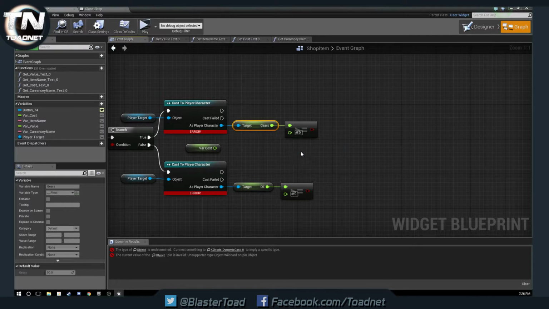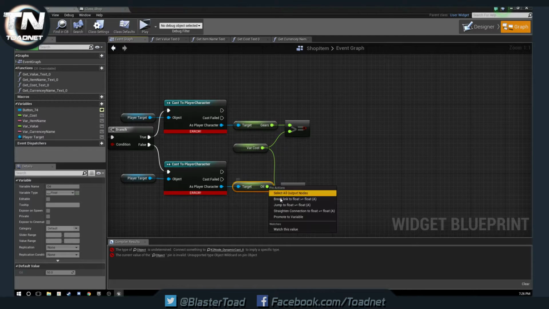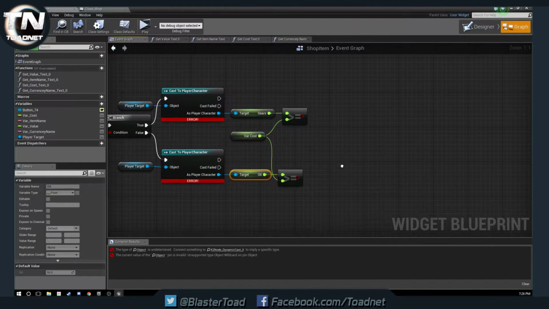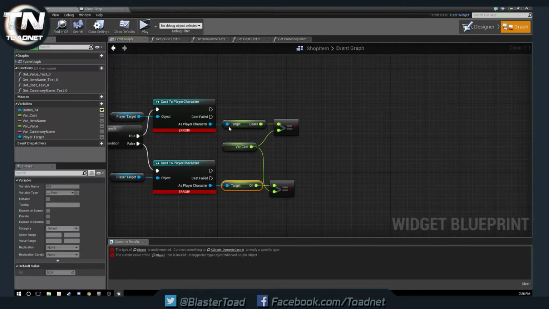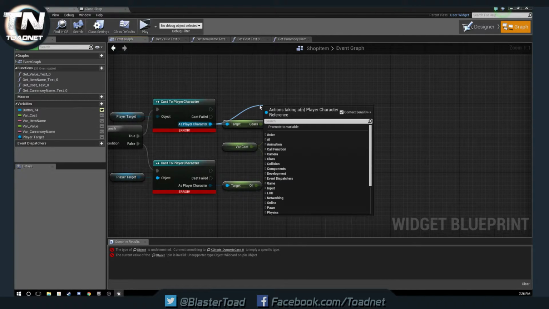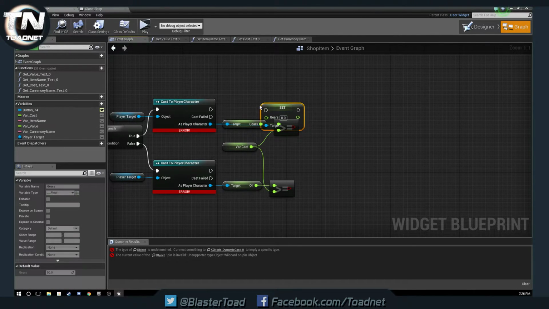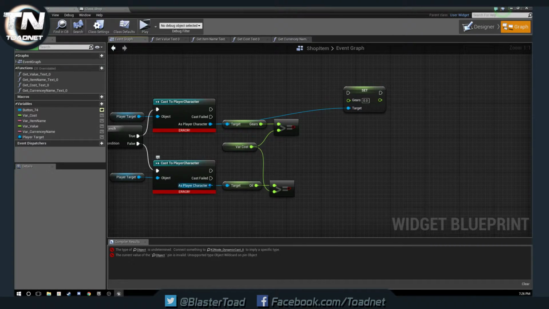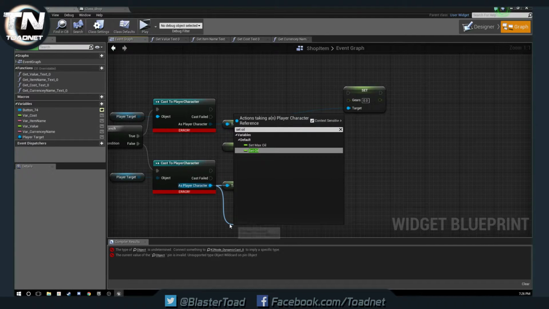And we're checking both of those against cost. Hence why I just put the one cost variable out there. And there we go. And then we are going to go set, pull off here, set gears, and off here, set oil,